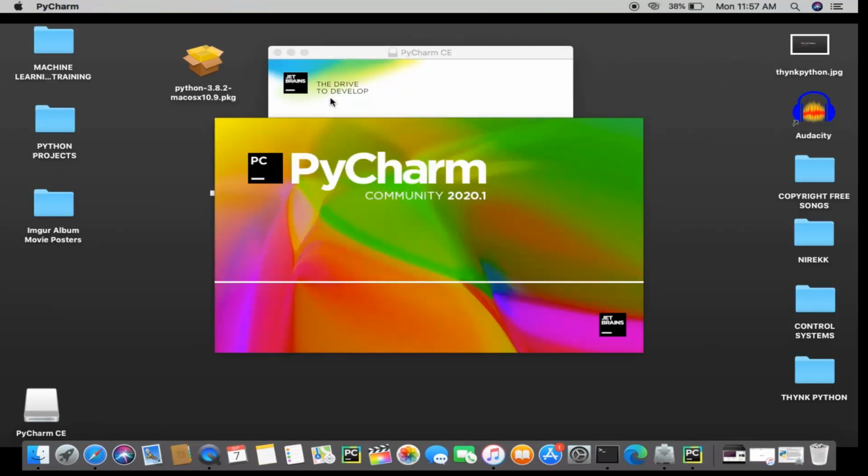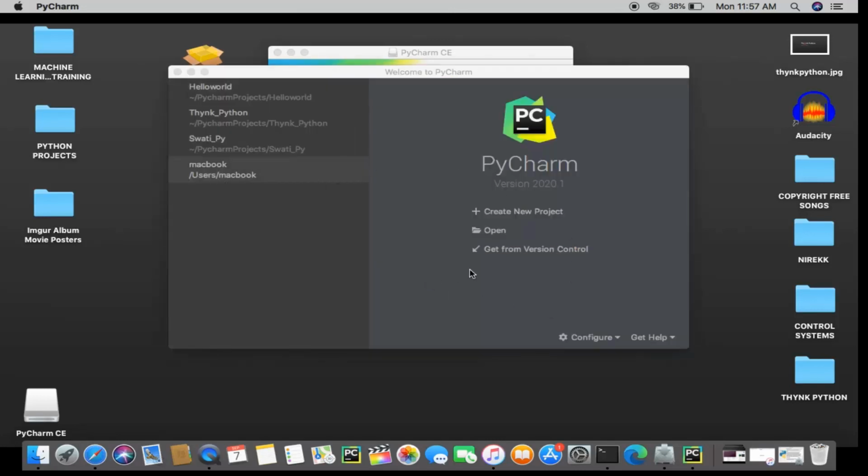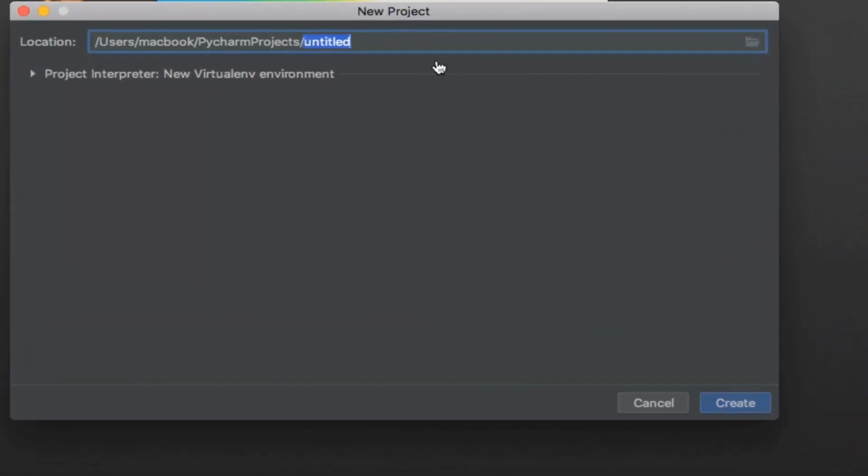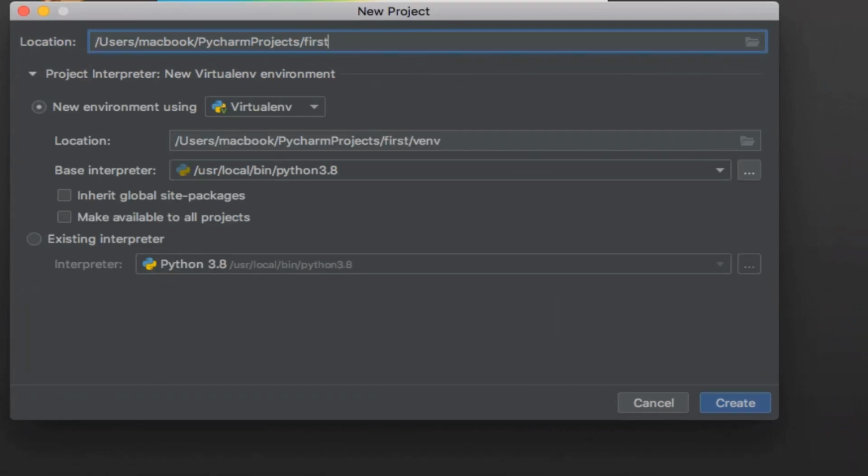Once you click here, PyCharm Community will open. This is the window which you will see once you've successfully downloaded and installed it on your machine. I have all these projects which are already created, you can see on the left side of the panel, but if you're working on it for the first time, you need to create a new project. So hit Create New Project. It will ask you the name of your new project. Name it first project and hit create.